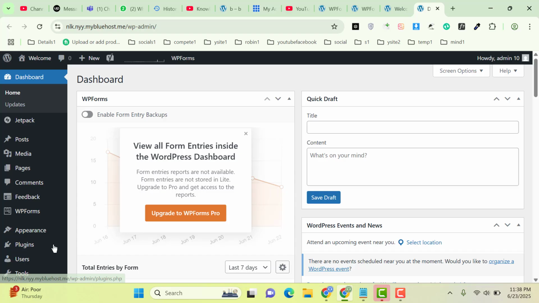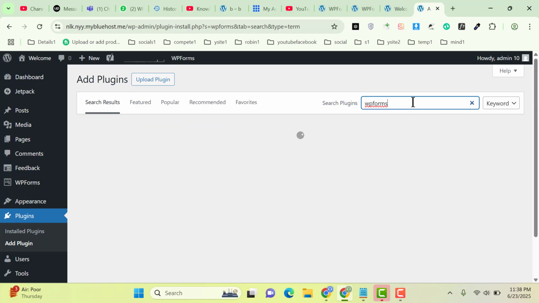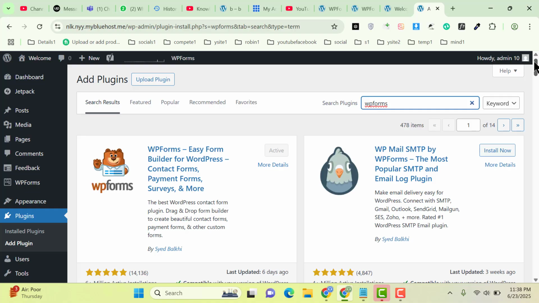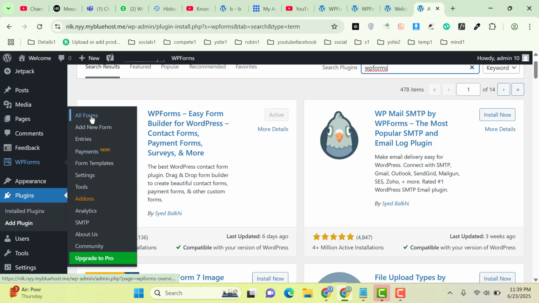and now you need to install a plugin that's called WP Forms. So simply you can go here in WordPress plugin library and you can search for WP Forms. And now here you can see plugin is active, so you can easily install and activate the plugin. After that, on the left side here you can see this one. You can go to all forms,